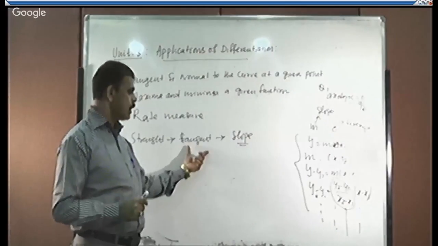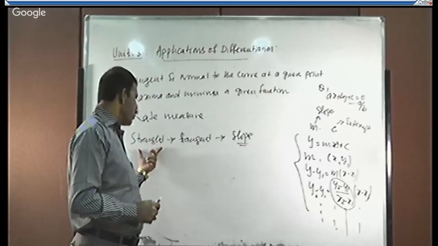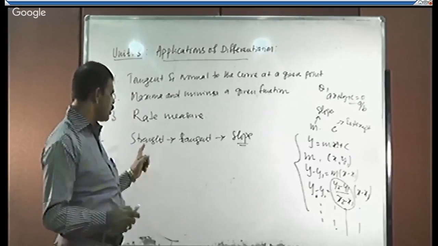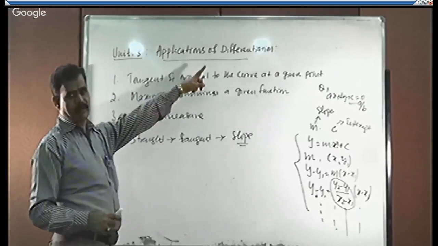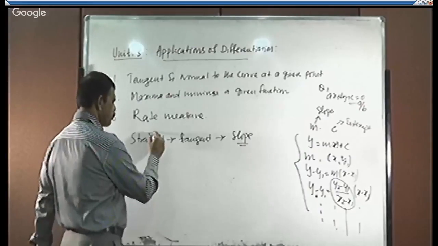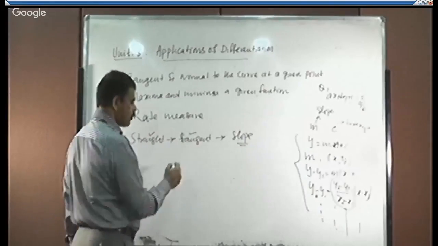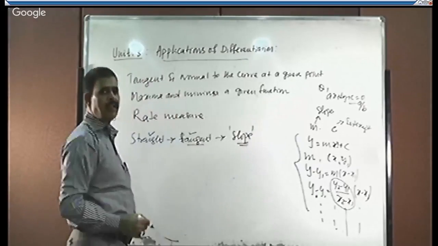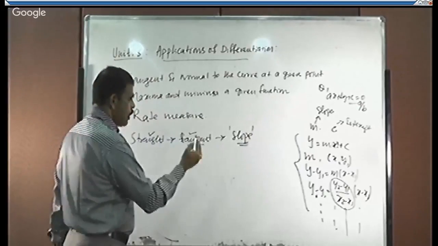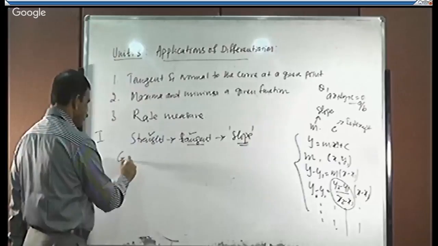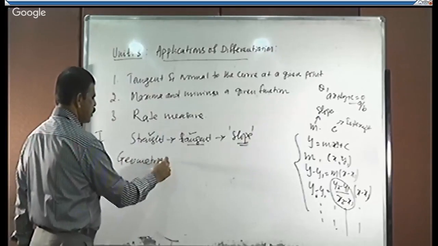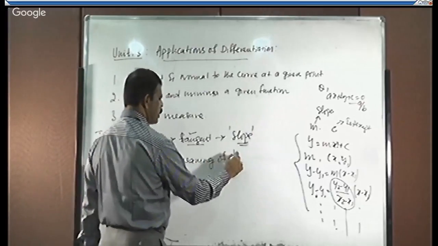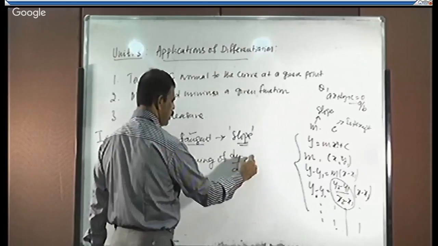I will show it in a diagram. First, let us understand what is required here: how we are going to connect geometry and differentiation. To get a straight line, or the tangent of a line, we must know the slope. Slope is nothing but the tangent of the inclination, correct? Here, the geometrical meaning of dy by dx